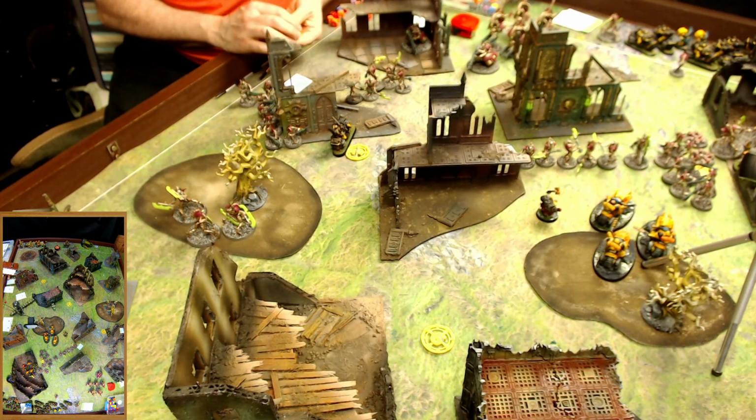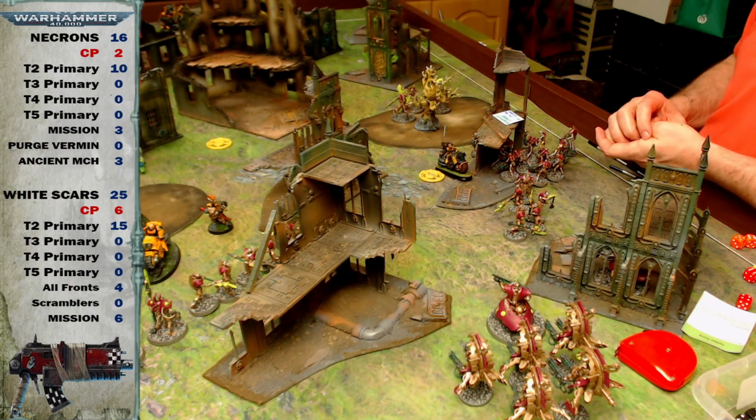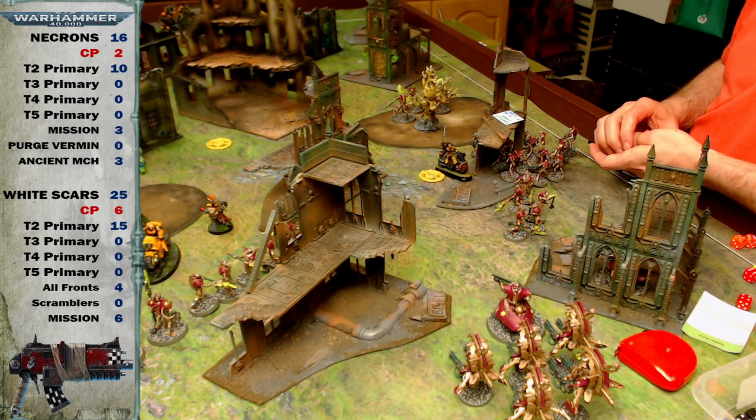I think he might have chopped me up a bit before I fought. Oh, you might. He's got a 4-up invul, so he might have had a chance to save or something, maybe. Yeah, no, I don't think it would have had enough attacks to really punch through. Alright, so you're down to 2 CP, I'm on 6, and you didn't score any Purge Vermin things, not the